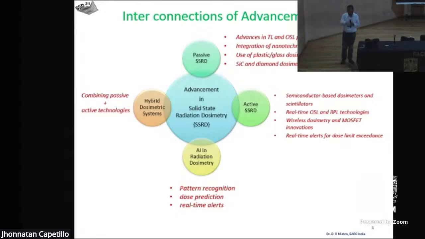What is the actual scenario, actual dose? This helps the nuclear power plants, emergency preparedness, and so many places, medical dosimetry, oncologists, to decide certain aspects of the treatments. So the left two, hybrid and AI. Now these are the new tools coming up, which we'll see in slight detail in this.